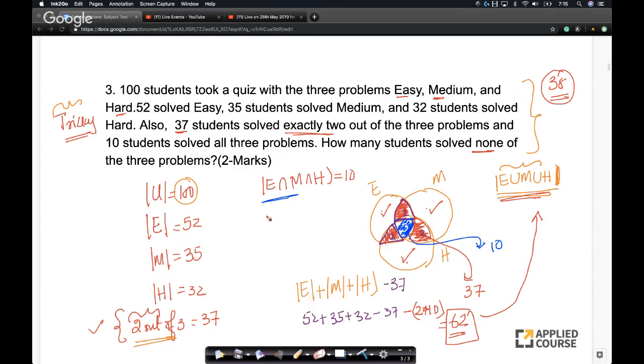Again, this problem is very interesting because to solve it, you cannot directly use inclusion exclusion. Many people make that mistake and start using the inclusion exclusion formula with the intersection of 2 sets. No, you have to be very careful when you read the question. That's one of the common mistakes done here. To solve this problem, you have to understand how the principle of inclusion exclusion came into existence.